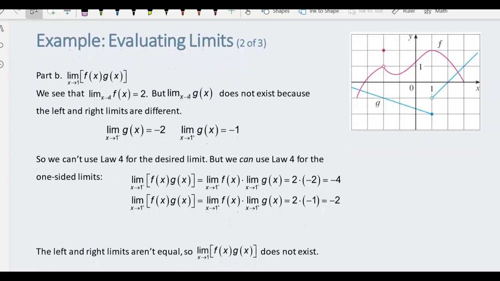In this example, same function, but we're going to look at multiplying these two together. And this time we're looking at what happens as x approaches 1. So here's where we're looking at the two functions. For f, as x approaches 1, the function is closing in on the output value of 2, right? So that's here. When we look at g,